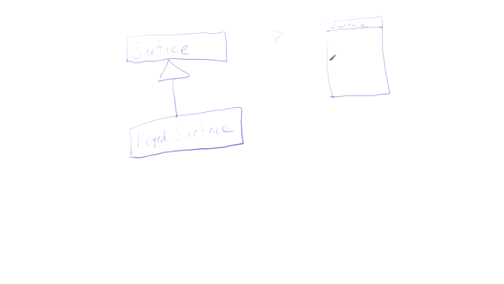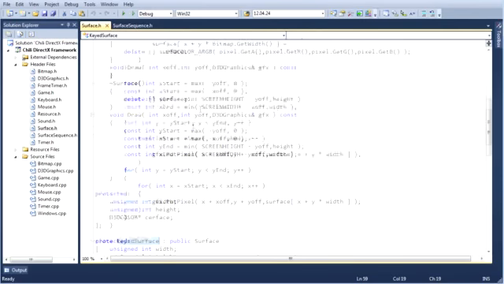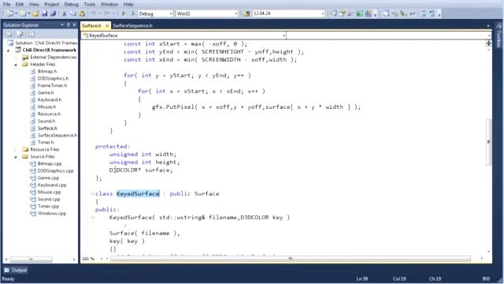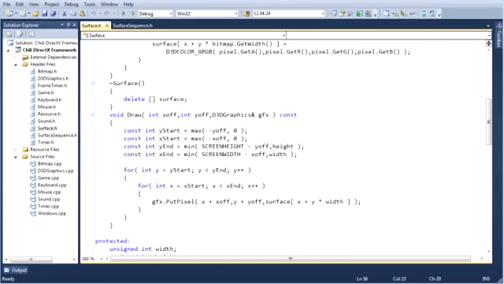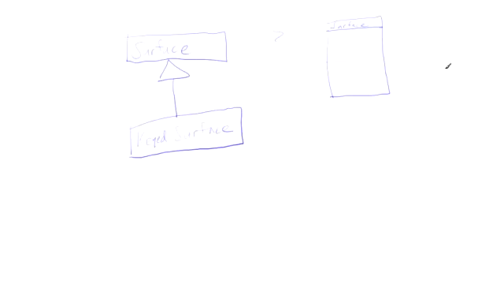surface, it's going to have a bunch of methods and or member functions, and it's going to have some data, right? So I forget what kind of data and member functions Surface has in here. It has a width, it has a height, and it has an actual pointer to a block of memory that stores the pixels for the surface, right? So for your data, you've got width, height, and